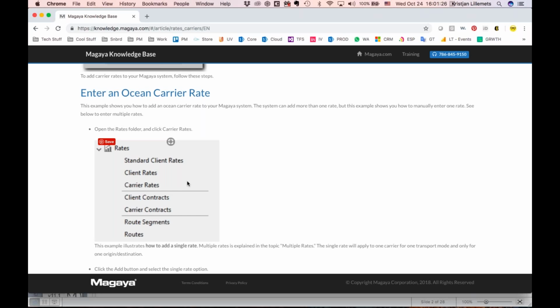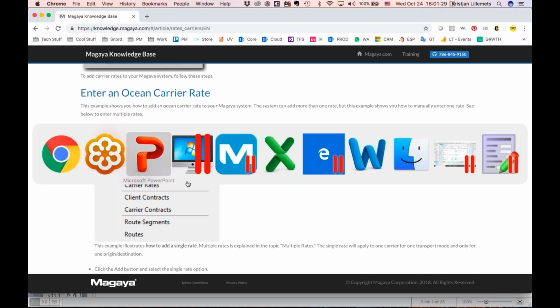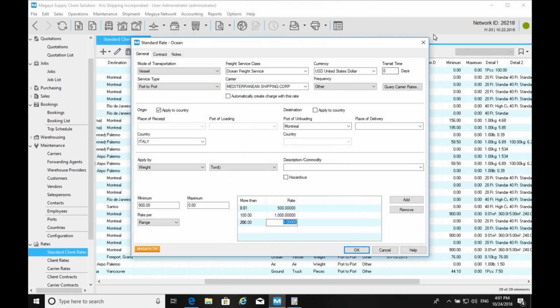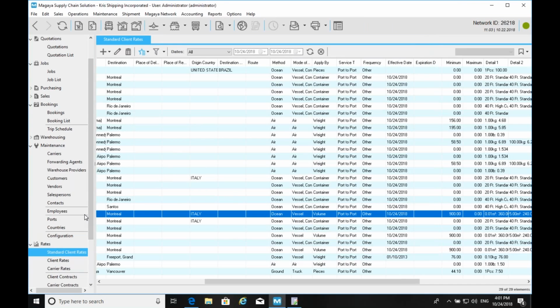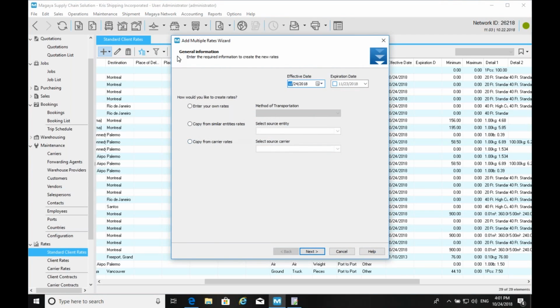Yeah, there were many features under the rate management. I kind of showed the one that tends to be most asked for but least used, which was the CSV import. But we have built-in features as well, where I'm here in the client rates, for example, I can start a wizard that says generate multiple of them based on some carrier rates, and here you can modify, increase by a value or a percentage the value of the markup from your carrier rate, for example.